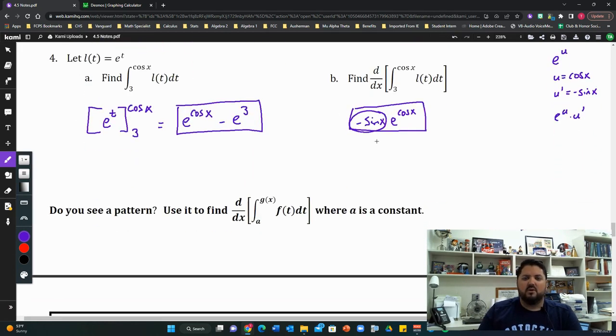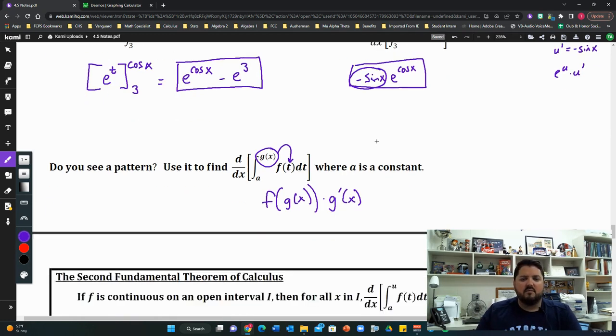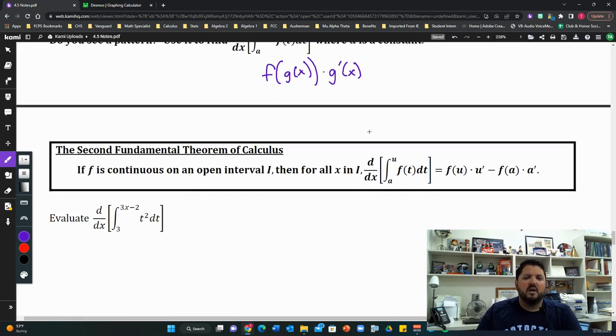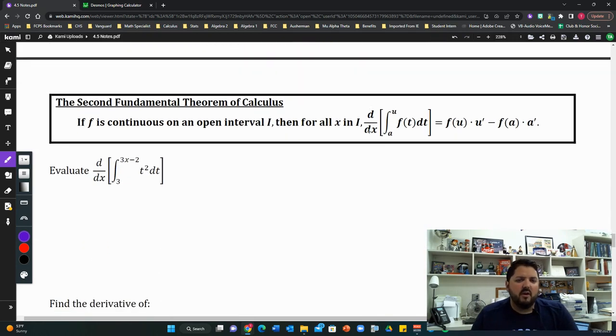So this shortcut, or this rule, says that this final result should end up being f composed with g of x. So we take this guy and we stick it in there for the old input, but I also then need to multiply by the derivative of this upper bound. So we need to multiply by g prime of x. That, in a nutshell, is the second fundamental theorem of calculus, which says that if f is continuous on an open interval I,